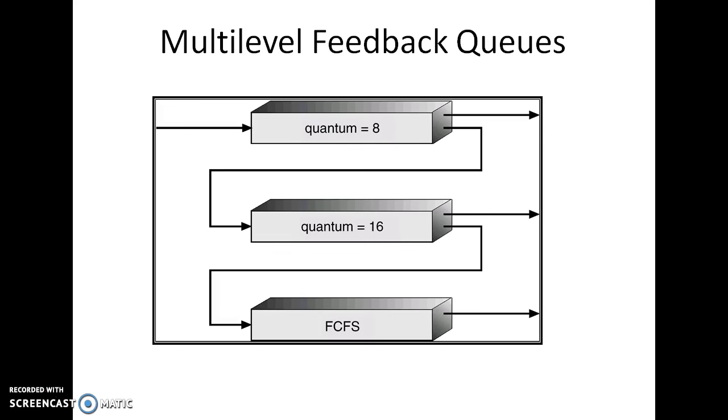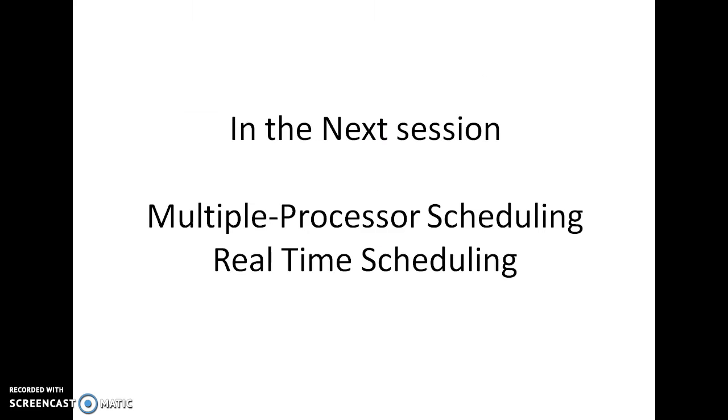So there is no starvation in this case, because by moving the process to different queues, we are doing a kind of aging. Finally, all the remaining burst time processes land up in first come first serve, that's the last queue, and they get their turn to execute. So this is going to avoid starvation. This is what has been covered in this particular session. We covered multi-level queue scheduling and multi-level feedback scheduling, and their drawbacks and advantages.